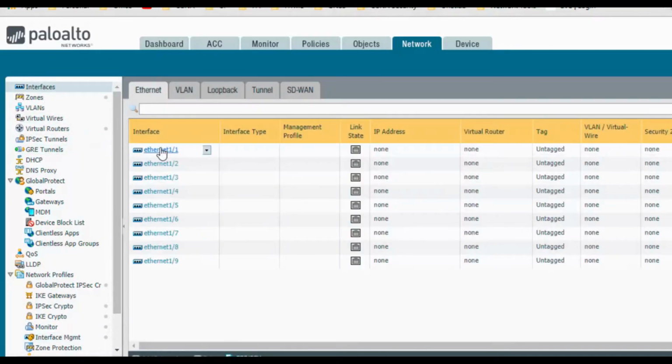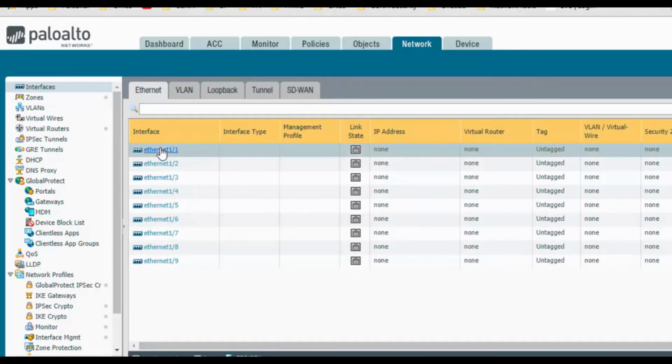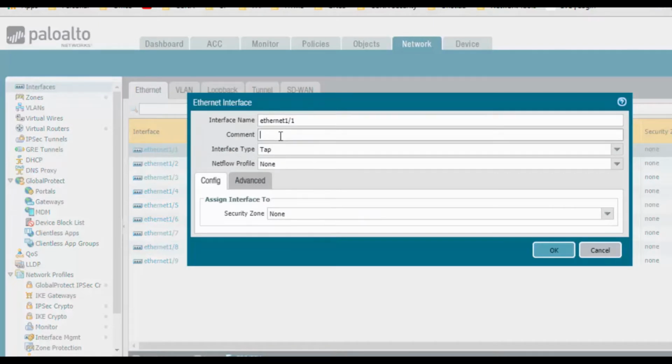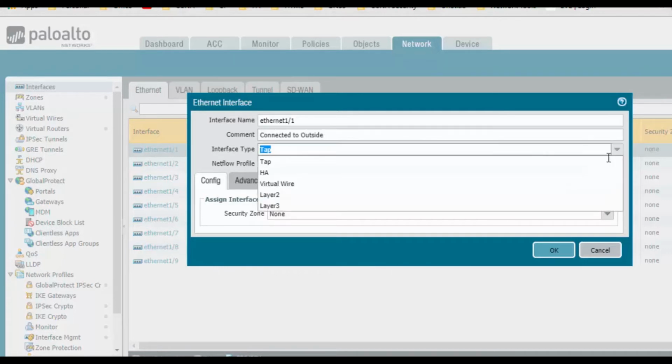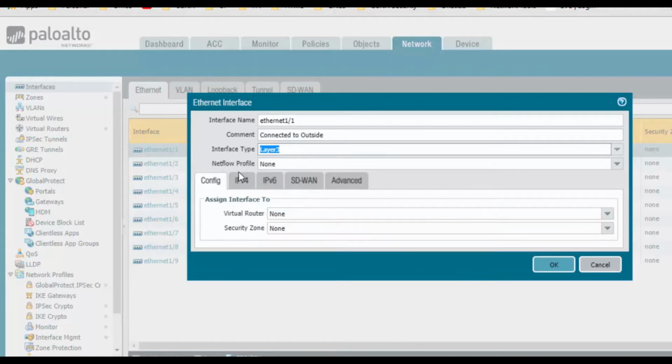As per our topology, ethernet 1/1 is for the outside interface. So let's configure it as outside, and the interface type is Layer 3. The virtual router we will discuss later.